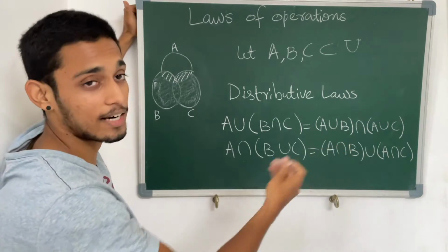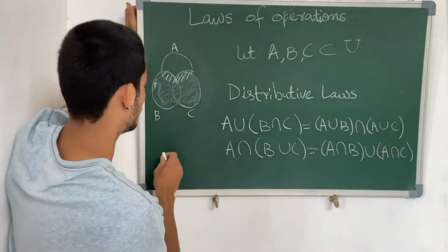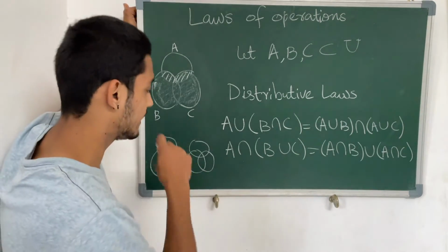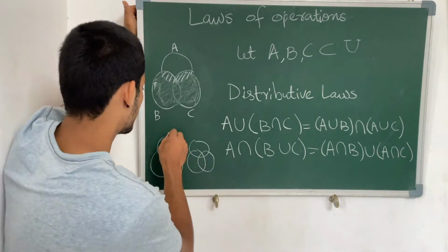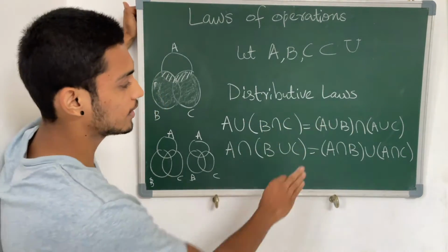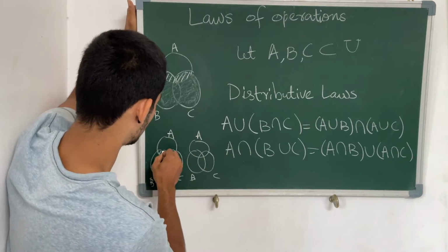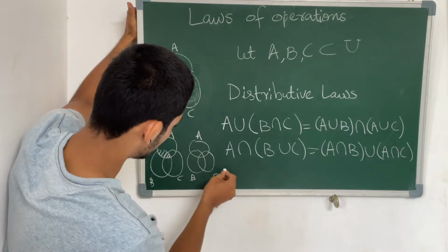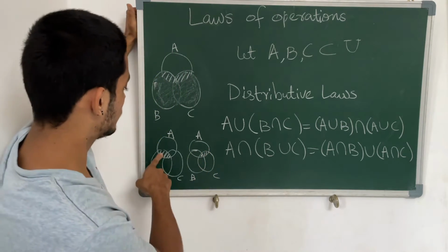Now let us try to see if the right hand side is the same or not. Let us see. Just like before, I will draw two Venn diagrams. This is just for our understanding, to understand the distributive laws. So does the order matter or not? Okay, so let us perform the operations in the order. A intersection B, that is this region. Okay, now A intersection C, that is this region. Correct? So this region and this region.